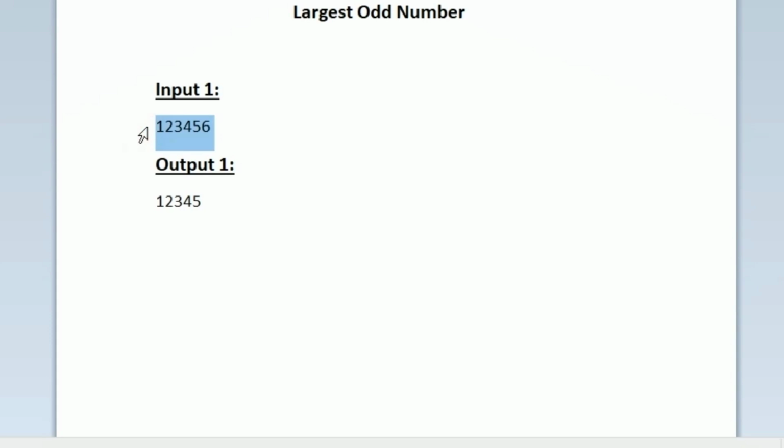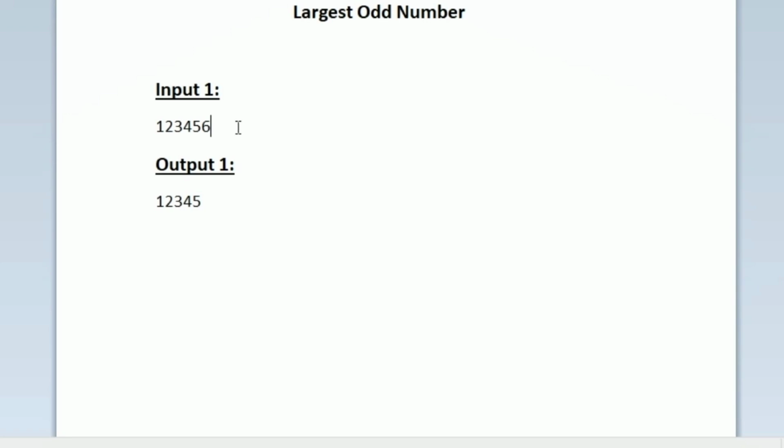So in the first line of our input, we are given an integer, and it is given in the question that we have to accept our input in a string format because the length of the input can be up to 100. So it will not be possible to store a 100-digit integer in data types like int or long. That is why we have to accept our input in a string format. So we will be storing it into a character array, and after accepting our input, our task is to find the largest possible odd number that can be formed using these digits.